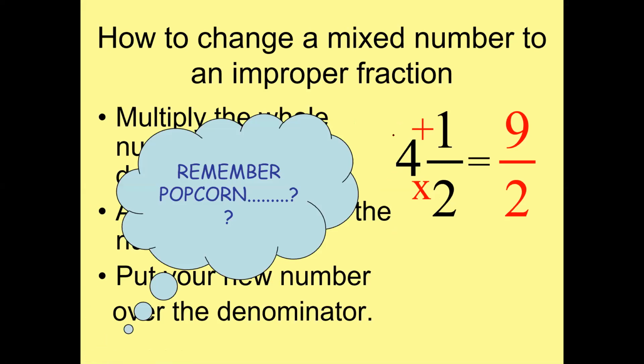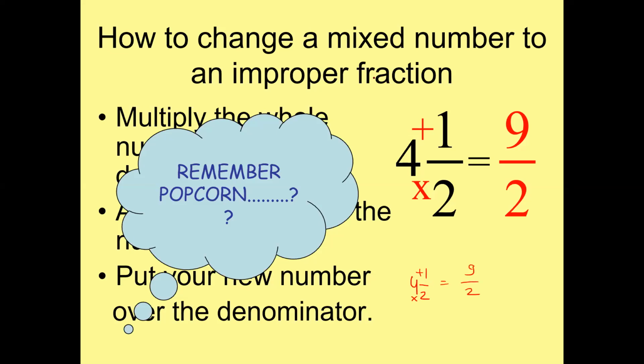Okay, so let us now understand how to change a mixed fraction into improper. For example, look at this mixed fraction. It was 4 whole 1 upon 2. So what we have to do, we have to multiply 4 with 2. When you multiply 2 with 4, what will you get? 2 4s are 8. And 8 plus 1? 9. So the answer is 9 upon 2.